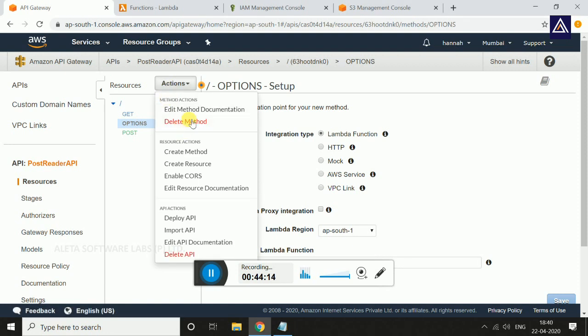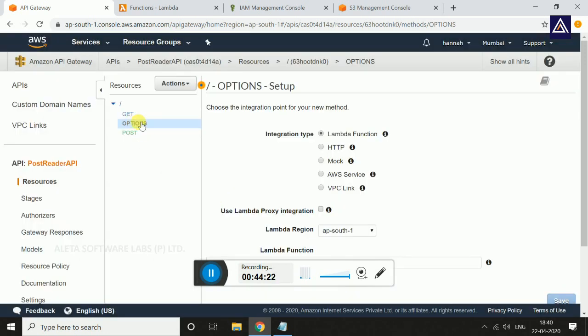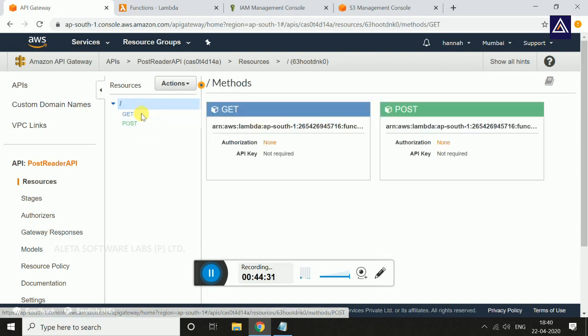So let's just delete this method. Delete. So the OPTIONS method is deleted. Let's enable CORS for the GET method, so that way the GET method can